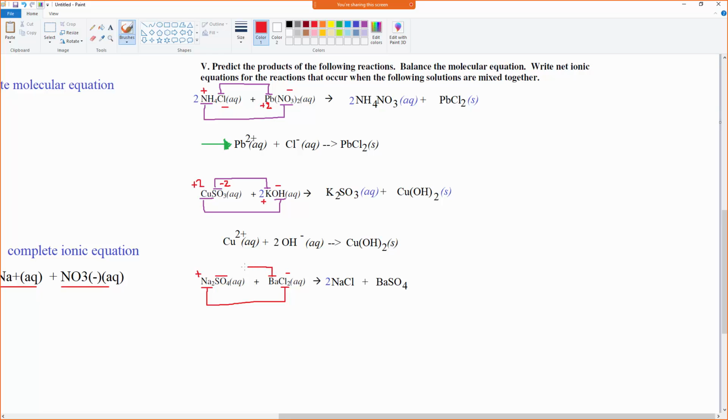Okay. And then we combine our inside ions, that is the anion sulfate from our first compound and the cation barium from our second compound. And we memorize that sulfate has a charge of -2 and barium's in group 2, so we know it has a charge of +2, so that's really convenient. We just need 1 of each and it just becomes barium sulfate, and that looks good. Okay, so now we did that, we balanced it. We do need to predict